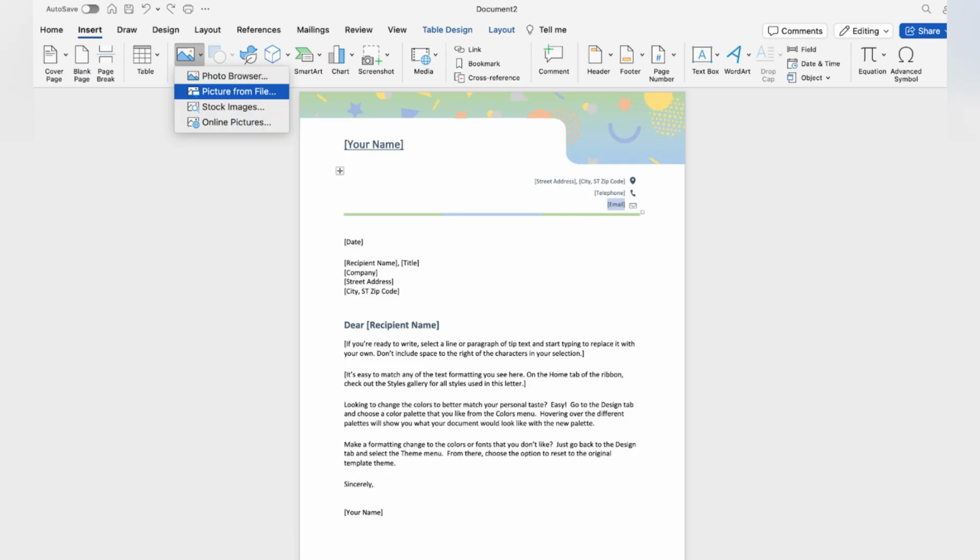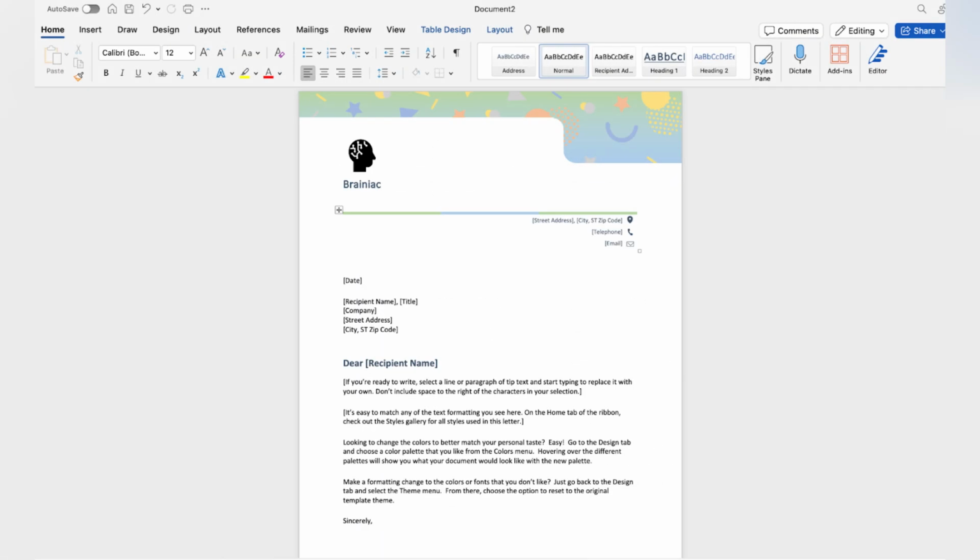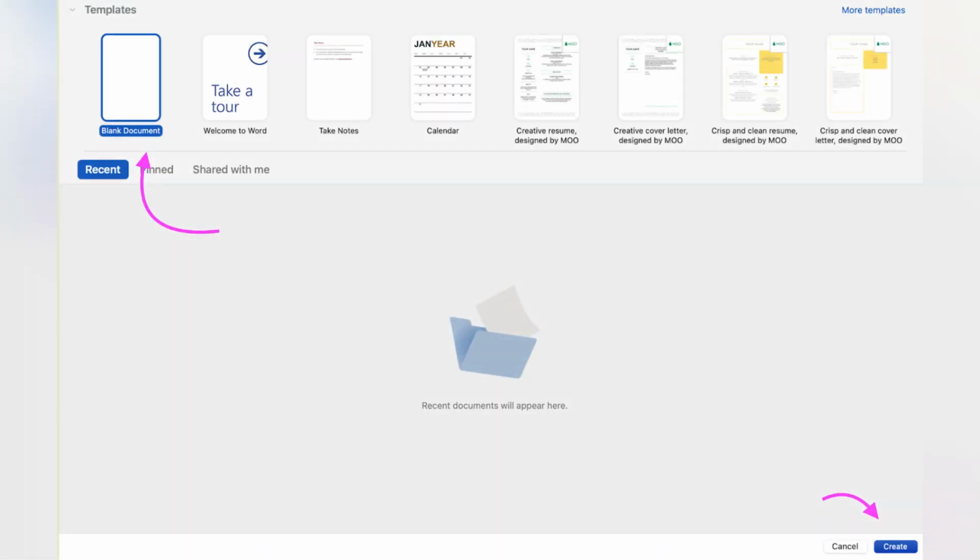To do this, click Insert, choose Picture from File, and select your logo image. Placing your logo on the page turns the template into an official branded document that you can use for letters, proposals, or business communication. After everything looks the way you want, save the document so you can reuse your letterhead